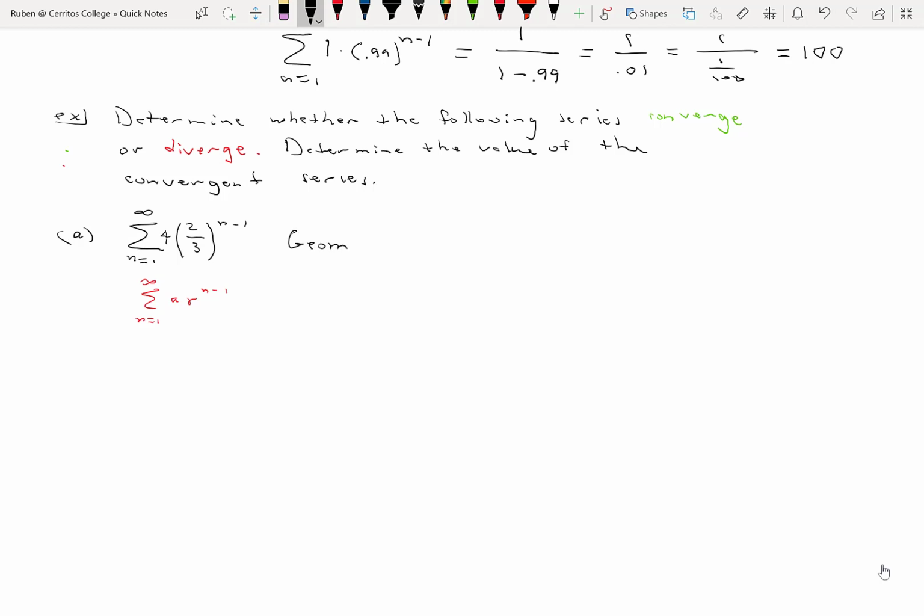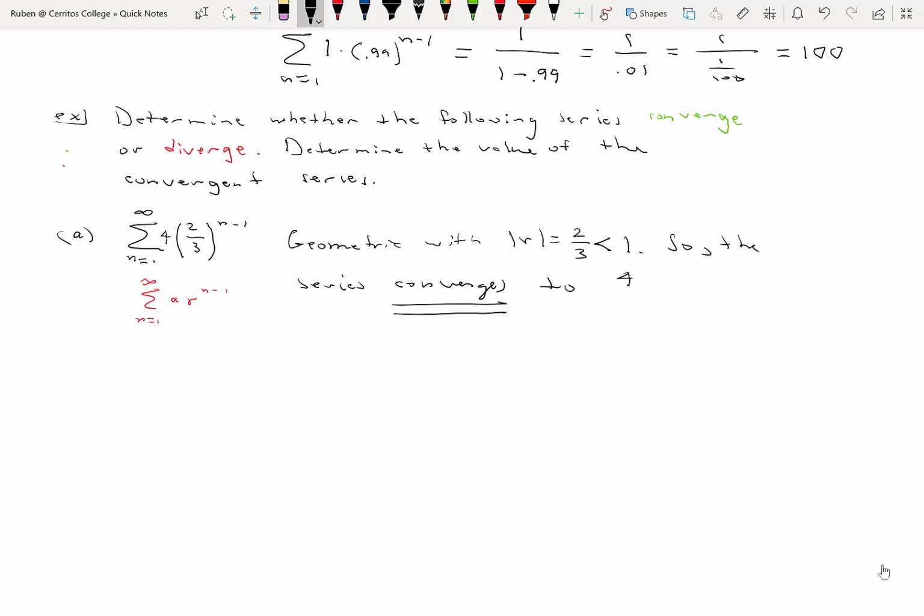The series is geometric with the absolute value of r equaling 2/3, which is less than 1. So the series converges. That was the condition that needed to be met for convergence,